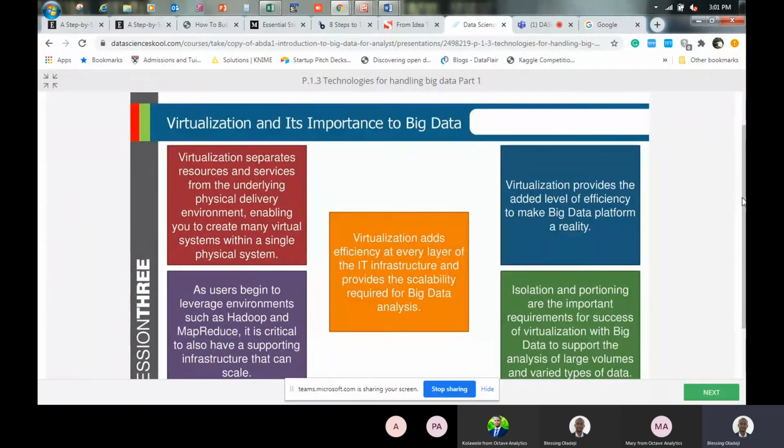Because at times when you have those individual physical servers, not all of them are working at the same time. In some cases, some of them may just sit there and be redundant. But when you virtualize, other people that also have things to do can share that physical server and do their work independent of your own work.